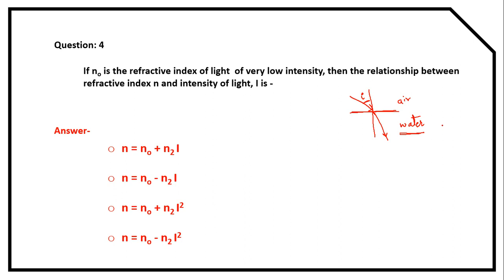When it goes through a medium whose refractive index, or say the density, is greater than that of the previous medium, say density of water is greater than density of air, then because of this denser medium, the speed of light